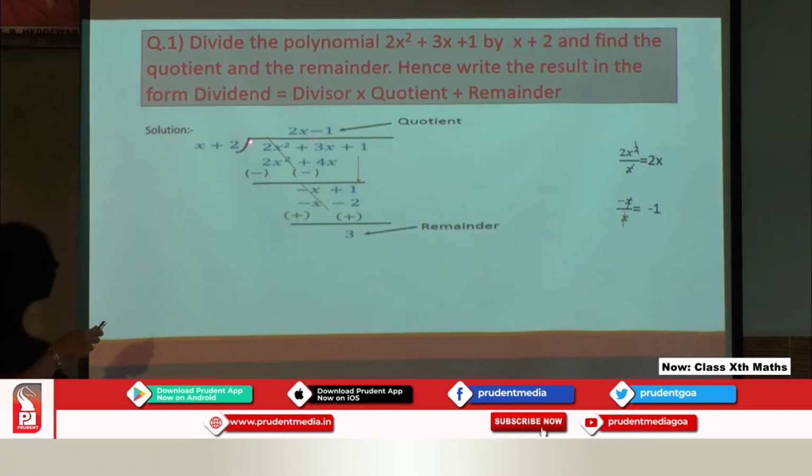This minus 1 we should multiply by the entire divisor. So minus into plus, here minus, x 1s are x, again plus into minus, minus, 2 1s are 2. Again now we should subtract this, that means we should change the sign. So negative changes to positive, again negative is changed to positive sign. Again this term minus x and plus x cancelled, we got here 0 and both are positive. So 2 plus 1 is equal to 3.